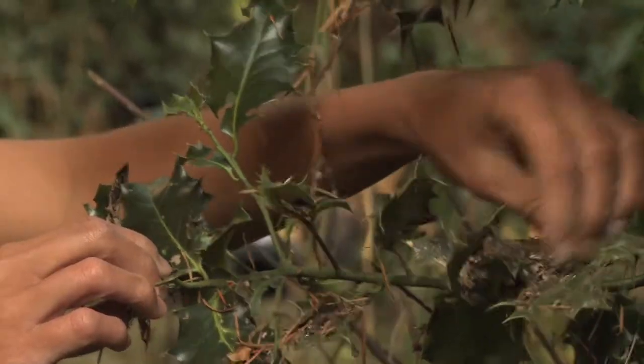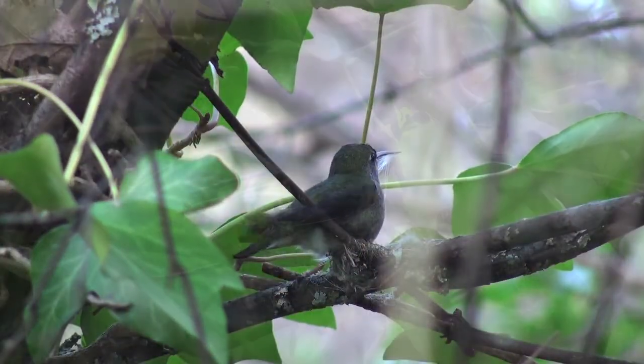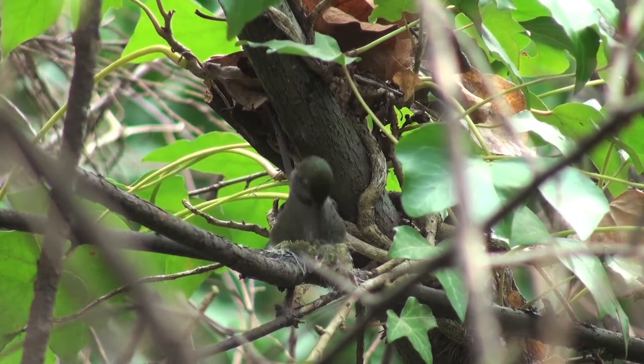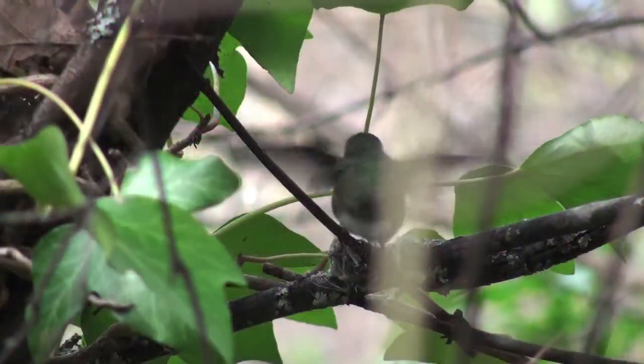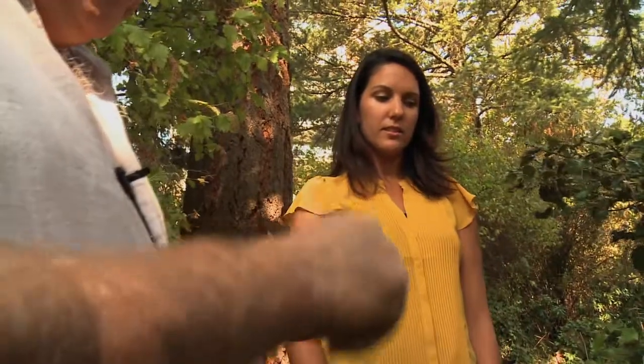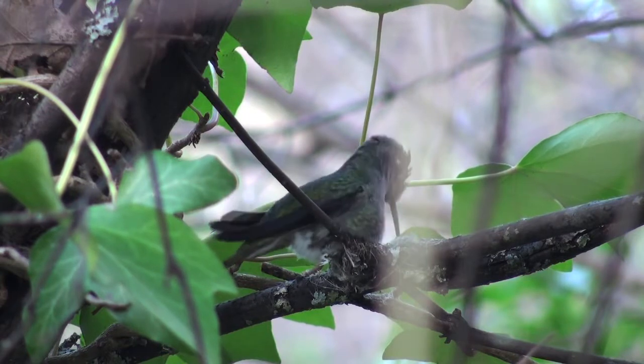It's an amazing structure, and they've got it stuck on there so well with just the spider webs and their saliva. And so do they start at the bottom and then sort of work their way around? Like what does it look like as they're building it? Yeah, they actually start with one spot, and they just keep putting fluff in that spot and wrapping it with spider webs. So they just sort of build on the one spot, and because they're forming it around their body,